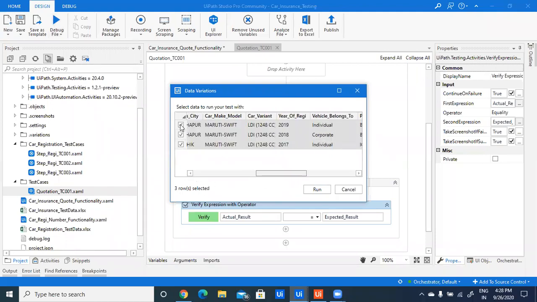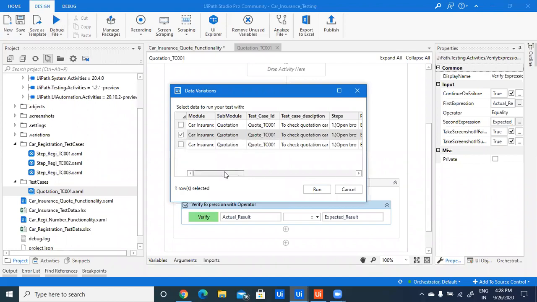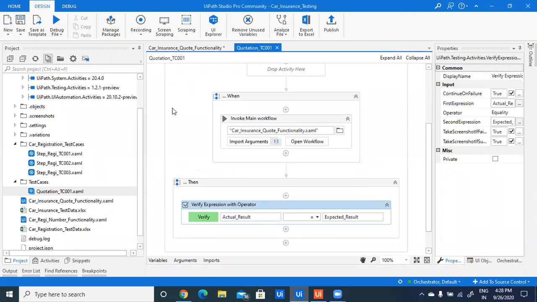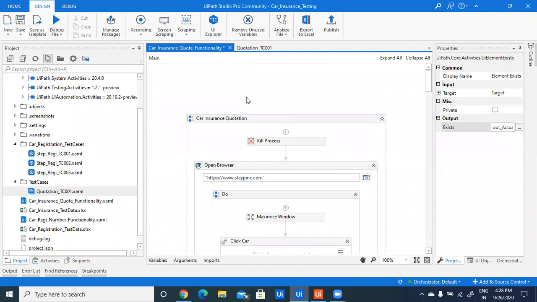If we want to run only some test data, we can uncheck and select only that data. Now I'm executing this quotation functionality test case from UiPath Orchestrator, and we'll check the test results from Orchestrator.